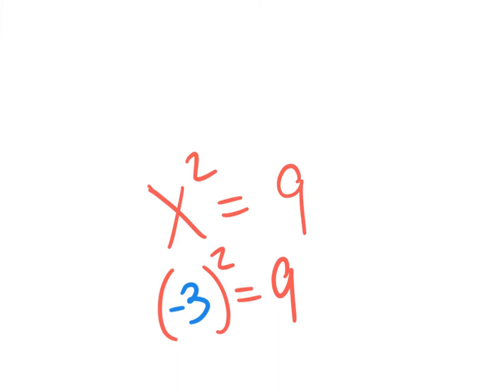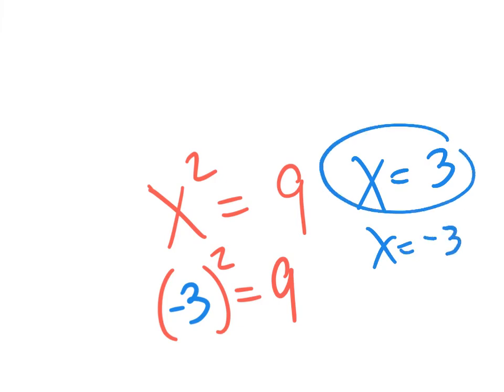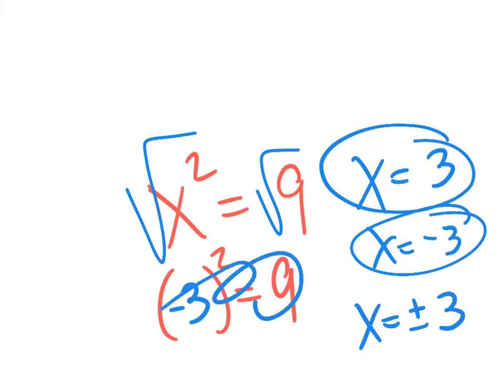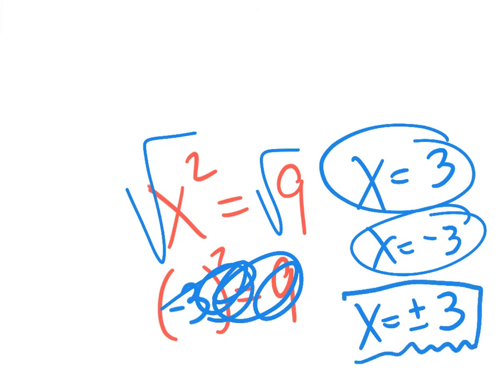So in reality, the answer to x squared equals 9 is x equals plus or minus 3. x equals 3, x equals negative 3. It's both of these answers. So the quick way to write it is x equals plus or minus 3. And that's where the rule came about, that when you apply a square root in an equation, you must put a plus or minus in front of your answer. So when you do the square root of 9, you get 3, but you have to put that plus or minus in front of the answer, 3. Anyway,